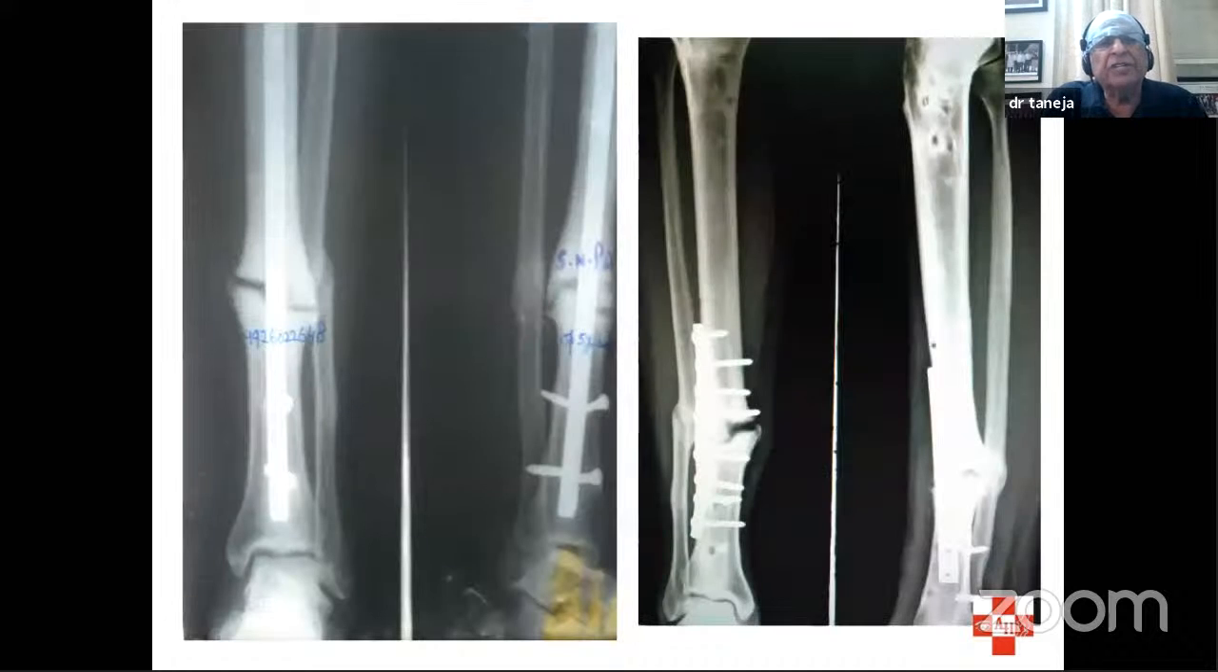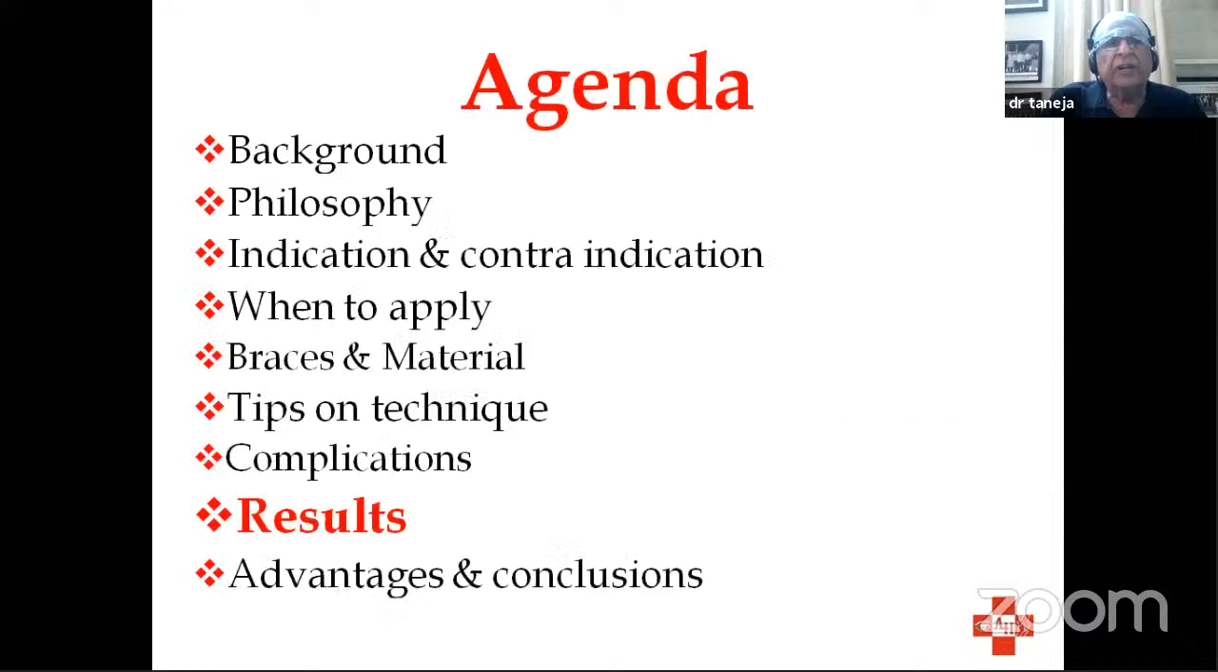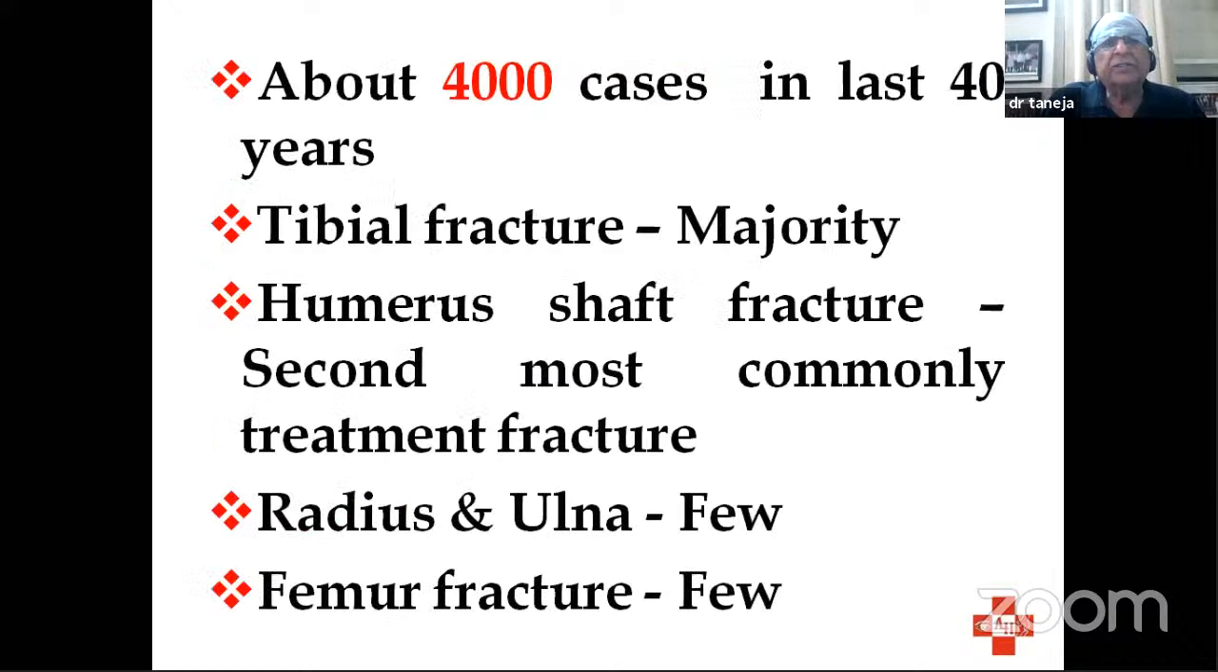You can see this patient did not unite well, it went into a non-union. Now, in a series given by Sarmiento, in about 5,000 cases, he said it is 1% non-union. So it is not a very big problem, because in any method of treatment, you can get malunion or non-union. I have been doing cast bracing for more than 40 years,